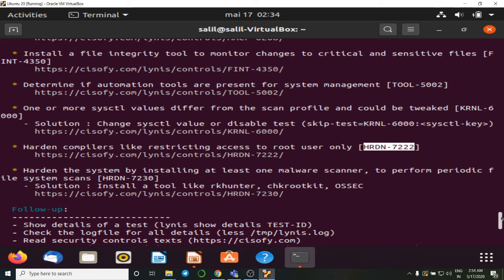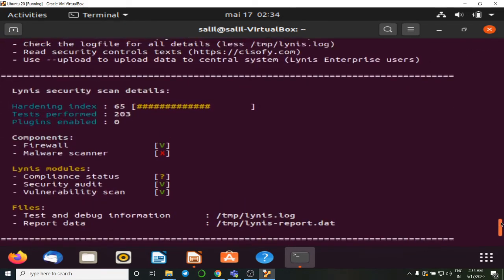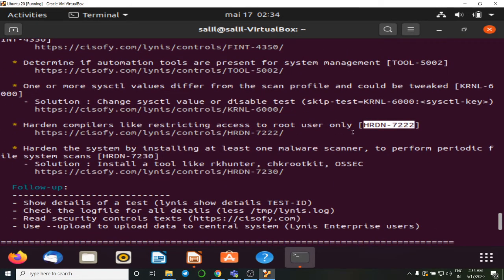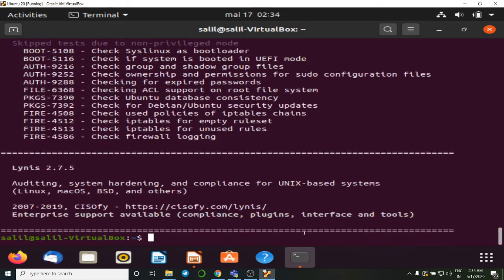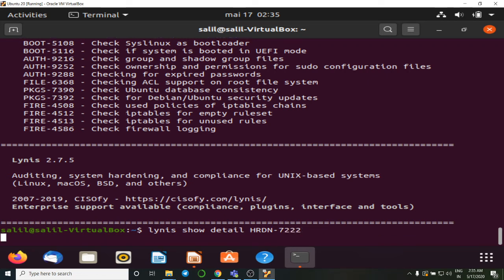rather than going to the link, use another command. Let's take an example, HRDN 7222 suggestion, and we can see the details about this particular suggestion by the command lynis show details and typing that suggestion ID, 7222.